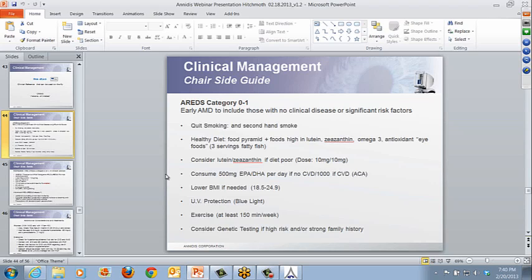Lower their BMI if their BMI is in the above average range or quite frankly too far below. UV protection from blue light. Exercise according to American Cardiovascular Association recommendations. And you may do genetic testing if there's a very high risk or strong family history, but really clinical appearance is going to drive the risk